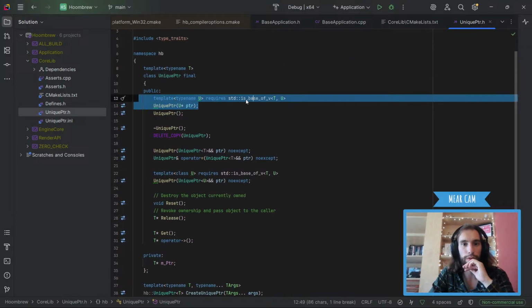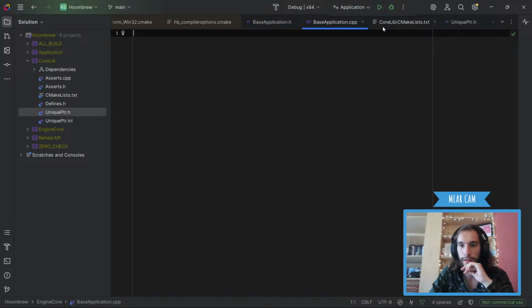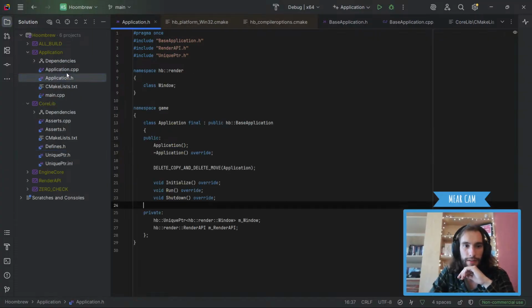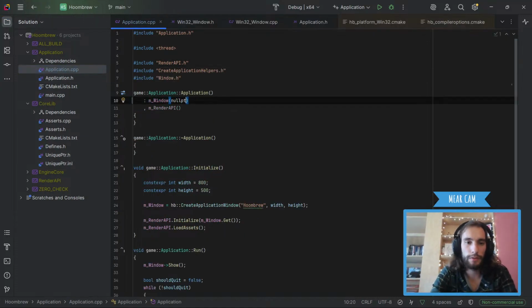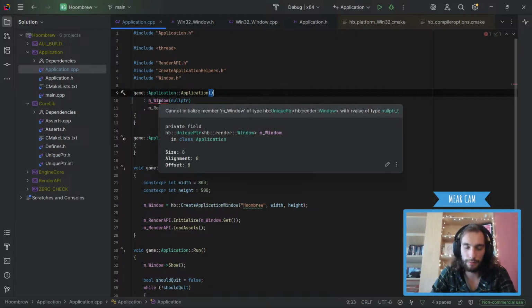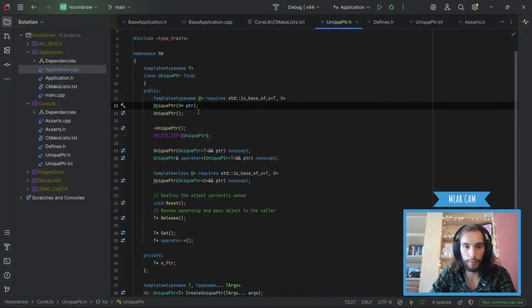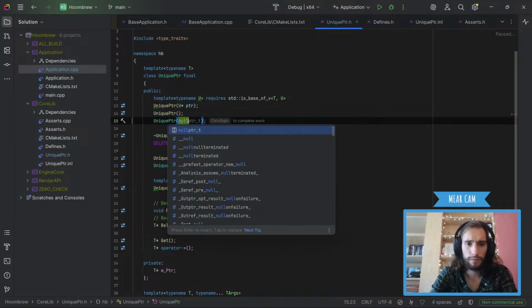Actually, I think we can initialize it with a no pointer now. So actually try that. I don't know where I specified. Probably in the window, isn't it? Or in the base app. No, I checked base app. It's not in there, is it? No, there's nothing in here. But we do have our application class. Is it in here? Yeah, we have a unique pointer. So can I just do no pointer now without giving issues? Apparently not. Can I initialize with the no pointer T? Okay, so we need to make an overload for that. Let's do that first, because that will help so much more by actually showing that it's a no pointer. So let's just make a new one. I think we can just do no pointer type.